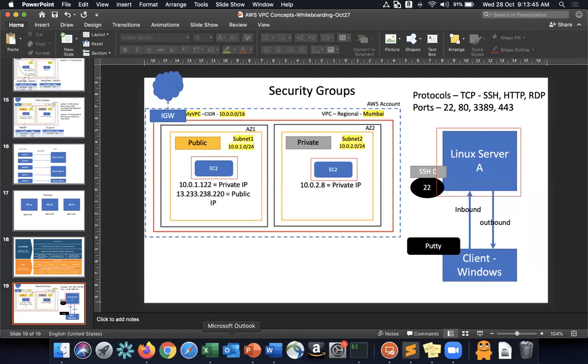In case the acknowledgement is not sent back on time, or if system A doesn't receive the acknowledgement, then system A again tries to resend that packet. It retries. That retry mechanism is the beauty of TCP protocol. Whereas in UDP protocol,